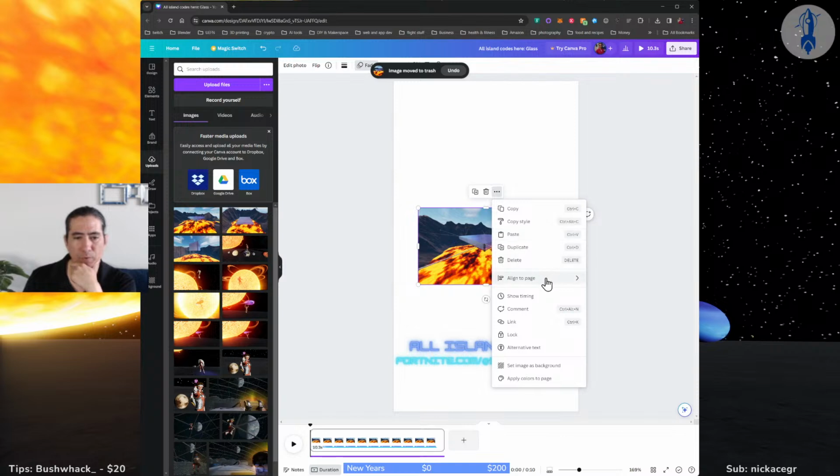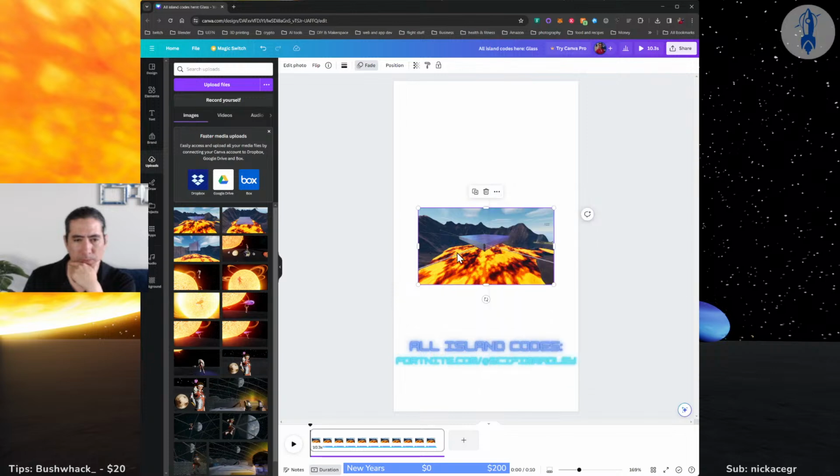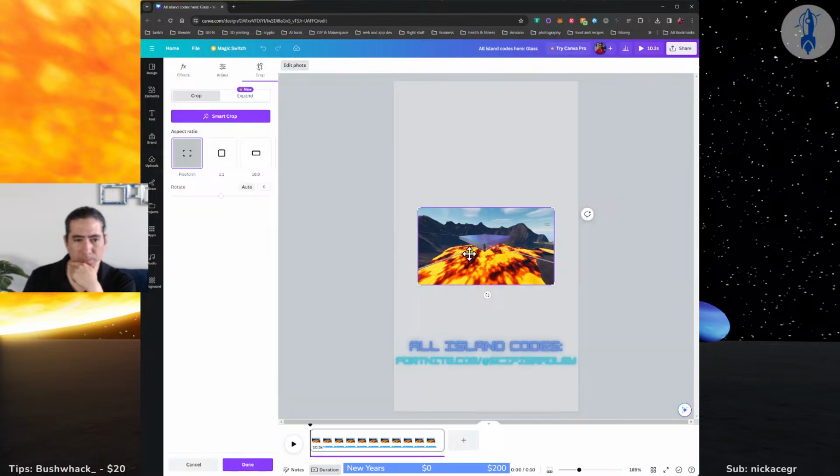Duplicate align to page. Crop, expand, smart crop.